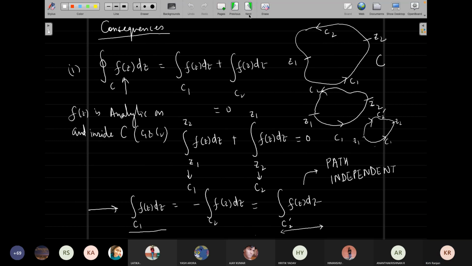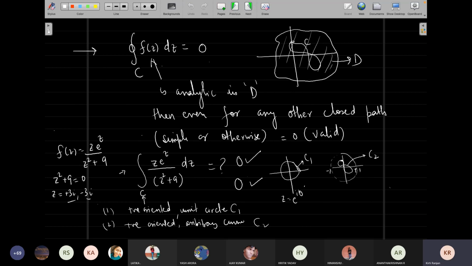This means that if I am talking about any path which does not include this singularity, I am supposed to integrate over this contour C, which is a positive oriented unit circle C1, right? So this equation I can write down as z is equal to e^(iθ). Does this include plus 3i and minus 3i? No, not inside and on. Does this include that? No.